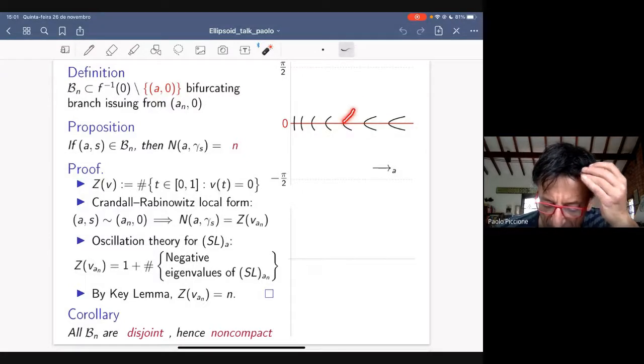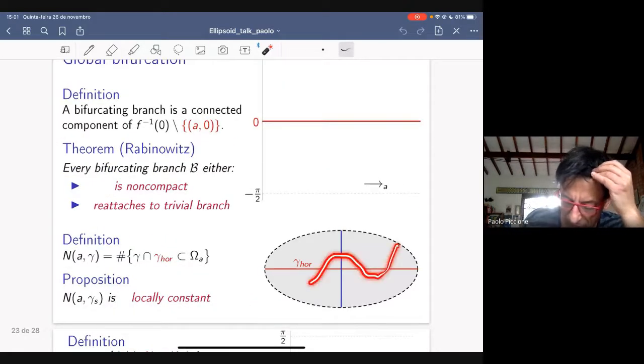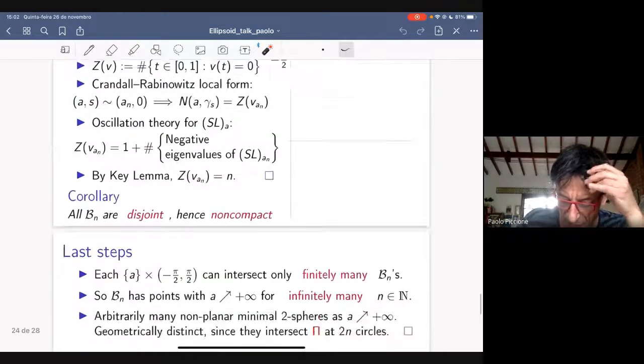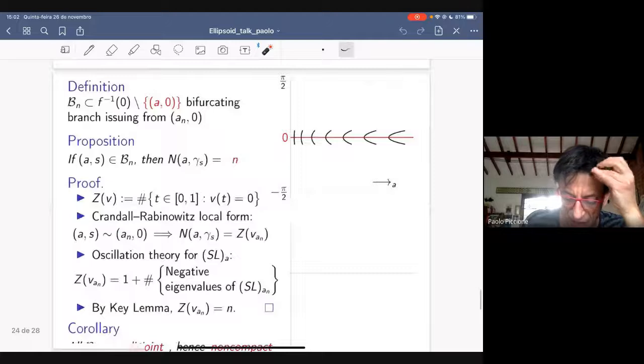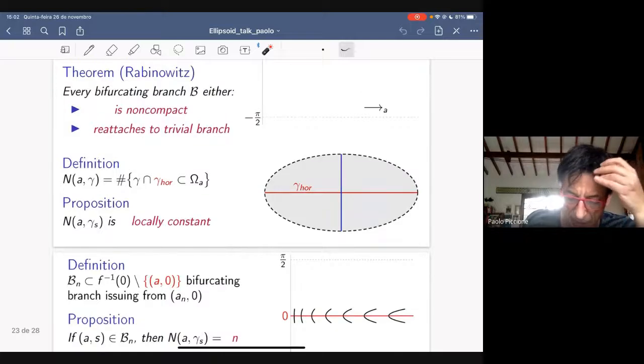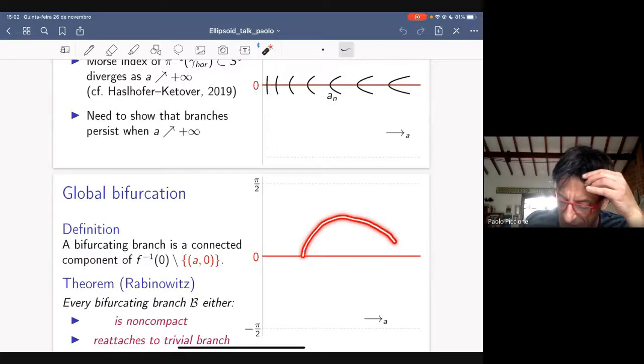All the geodesics in these bifurcating branches have a fixed number of intersections with the horizontal geodesic. So every bifurcating branch is characterized by geodesics that have a fixed number of intersections at this point, okay? And this number of intersections is strictly increasing on this point. So you cannot have the situation where a bifurcating branch starts from here and then finishes at another bifurcation point, because the bifurcation point